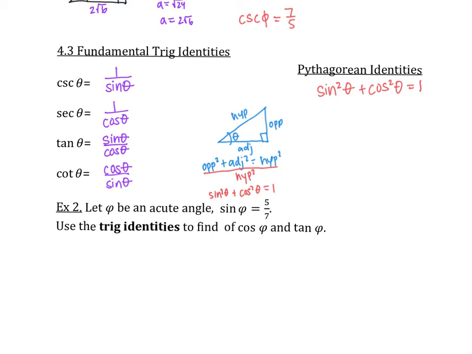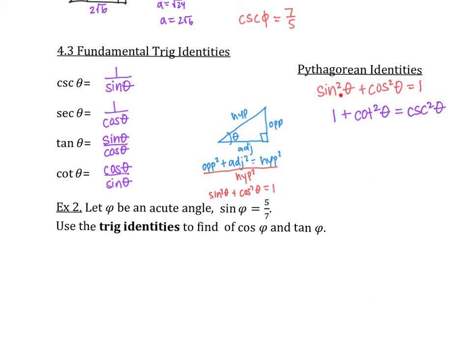There are actually two other formats of the Pythagorean identity. As long as you know the first one, you can always derive the other two. If I started with this equation right here, and imagine I divide everything in this equation by sine squared, sine squared divided by sine squared gives 1. Cosine squared divided by sine squared turns into cotangent squared. And 1 divided by sine squared is the same as cosecant squared. This is the second Pythagorean identity. But again, if you know the first one, we can always go back and get the second one or the